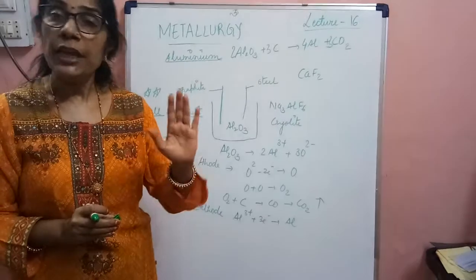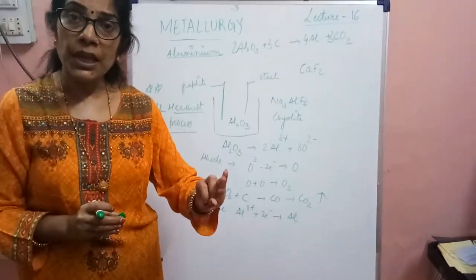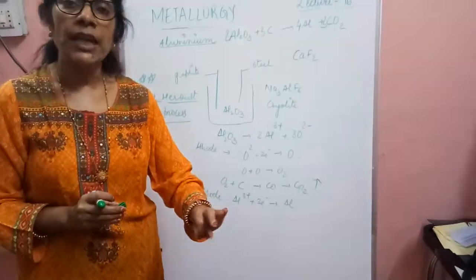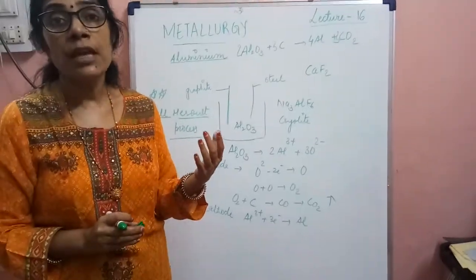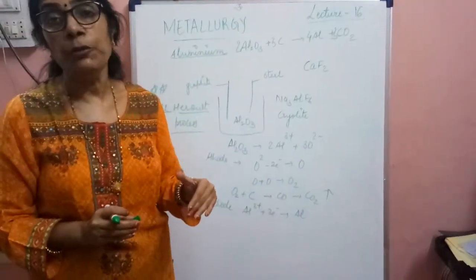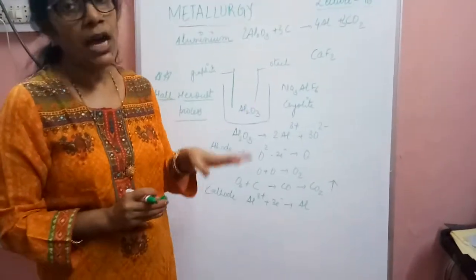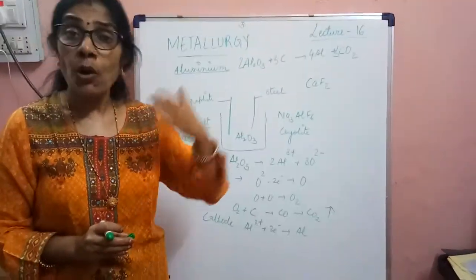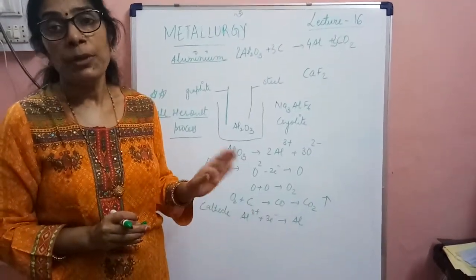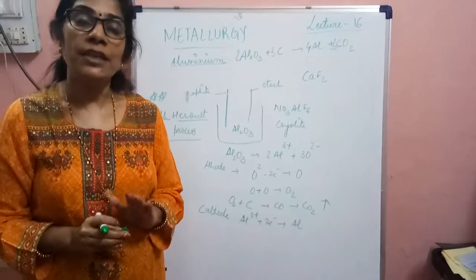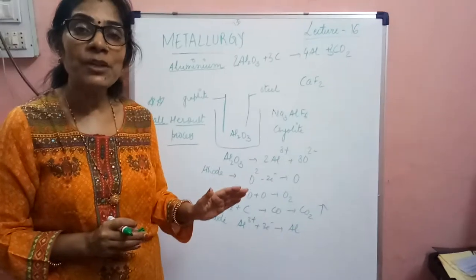And whatever topics we have discussed right from the beginning: concentration of the ore, then calcination and roasting, then purification, electrometallurgy, and then thermodynamic principles, then Hall-Héroult process of aluminium, reactions of iron, extraction of iron from the blast furnace, all the 3 zones, all the 3 types of iron, and then the composition of alloys. Prepare well, complete NCERT exercise as well as in-text questions. So we could complete the chapter.